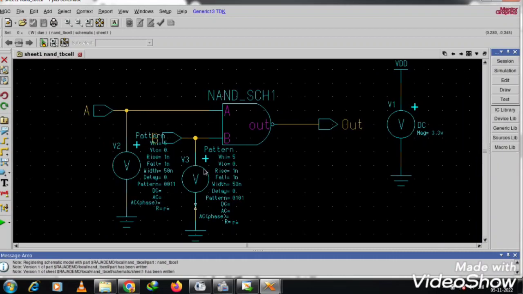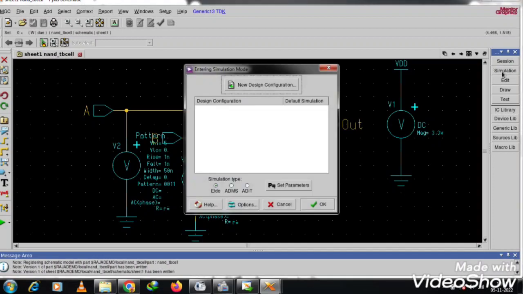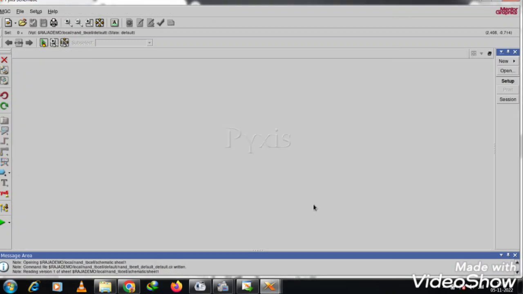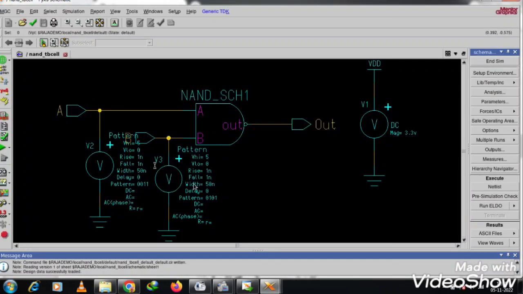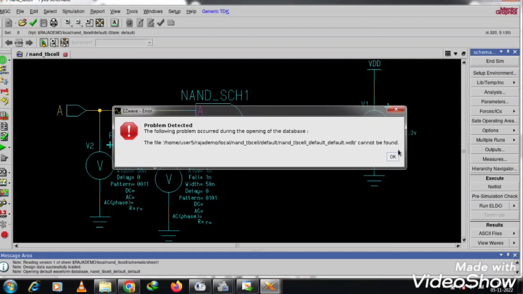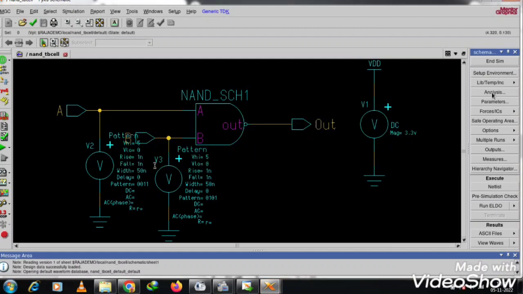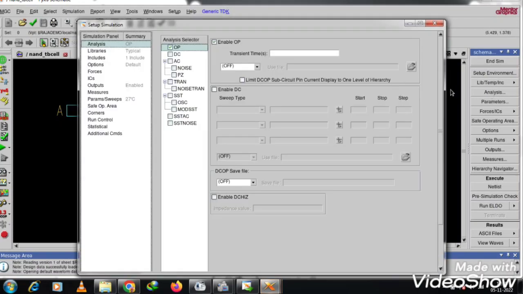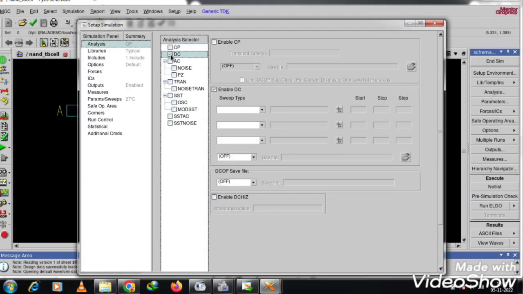Here the simulation option is available at the right side. Go for simulation, select the new design configuration, click on OK and click on OK. Then the edge space is over here. Now you have to analyze this circuit. To analyze this circuit, we have the analysis option available at the right side. Go for analysis. In that, disable OP, and you have to do two analyses. One is DC analysis and the second one is